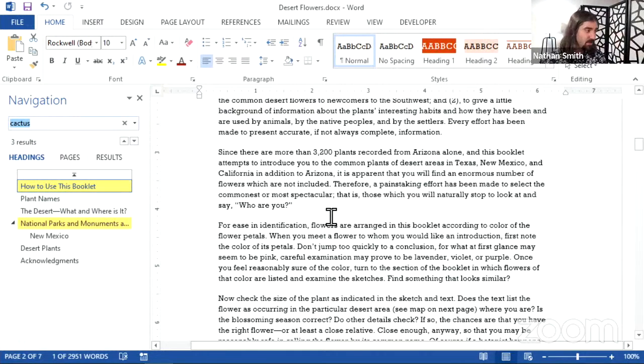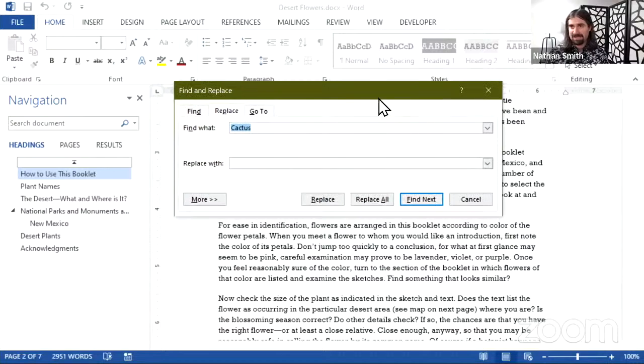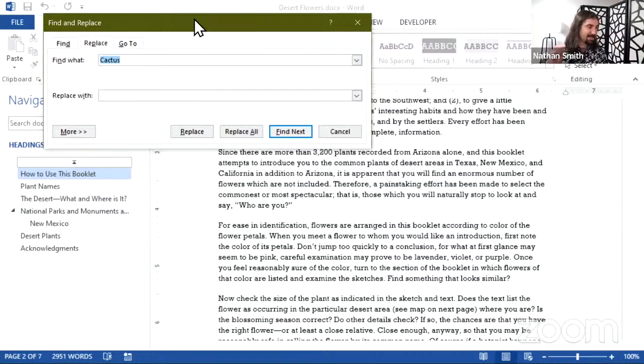If, for example, you misspelled someone's name every time you used it throughout an entire document, this is really good for that. You can actually click Replace up here at the top. And what it's going to do is give you this Find and Replace dialog box. And you can type in the word you want and then replace it with something else. Click Replace, and it'll go instance by instance and replace that word with a new one. If you just wanted to use a synonym in half the situations, you could do it pretty easily with this. So you could go, we'll replace cactus with